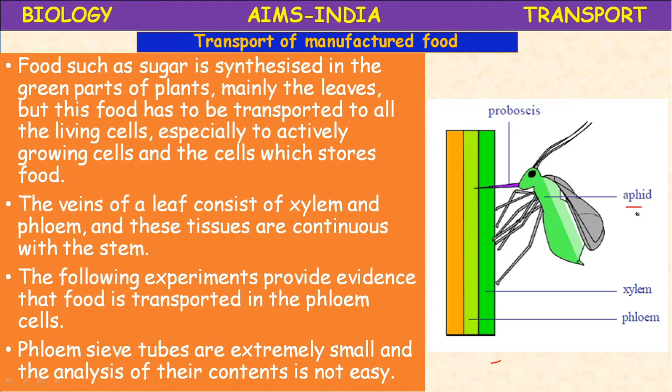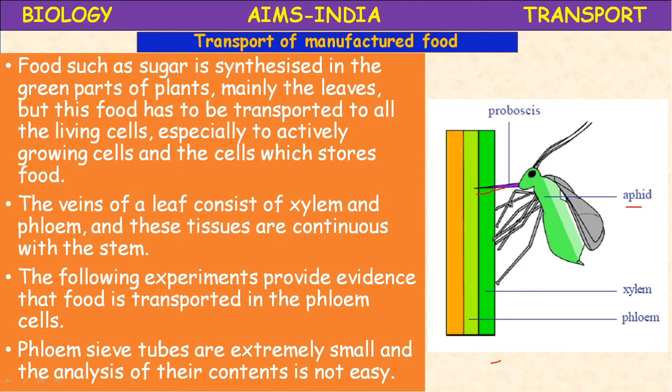To obtain this juice, an aphid pierces the plant tissue with its long needle-like proboscis. It can be shown that when a feeding aphid is killed and the stem carefully sectioned, the proboscis only penetrates up to a phloem sieve tube. So this proboscis also provides a ready-made means of obtaining the juice for analysis.